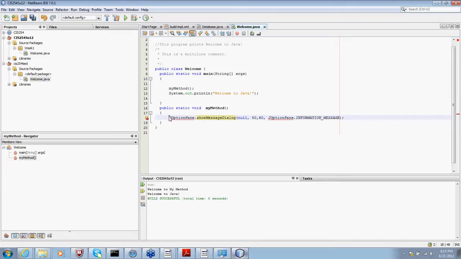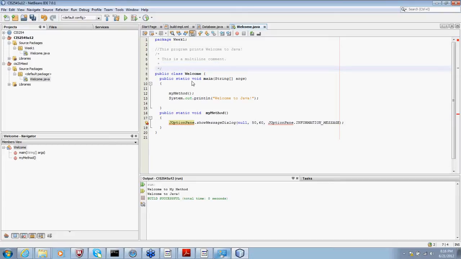JOptionPane. Now let's see, in order to use JOptionPane, well, this is somewhere where we could show an import. You kind of need to do an import to do it, but I guess this is some GUI functionality. Most of the GUI functionality in Java is under what we would call a library. There's a couple of different ways of doing it, but I'm going to show the import. Someone asked about how to do an import. This JOptionPane is part of the GUI